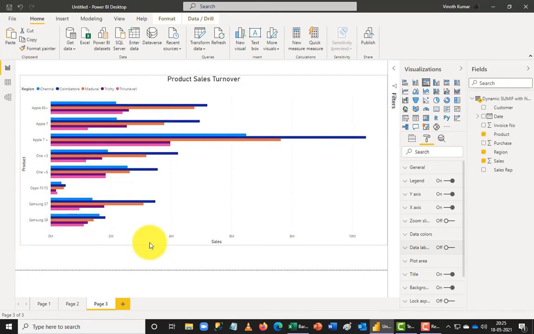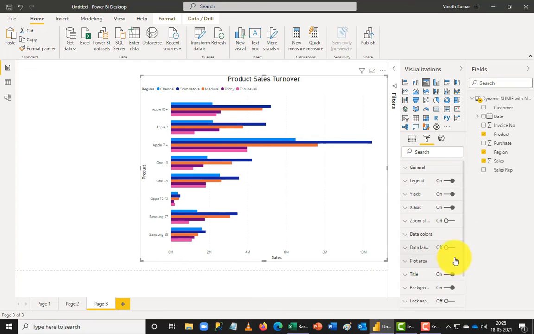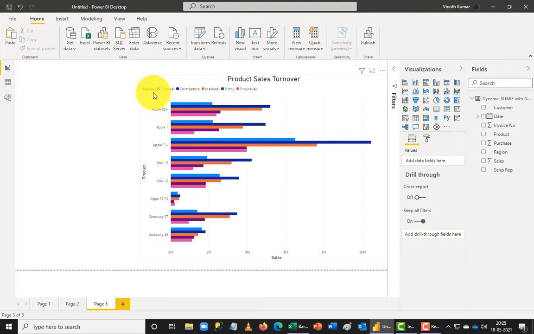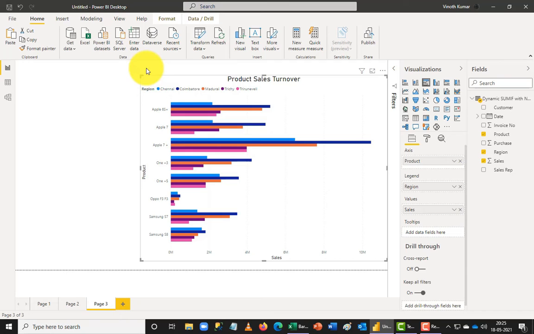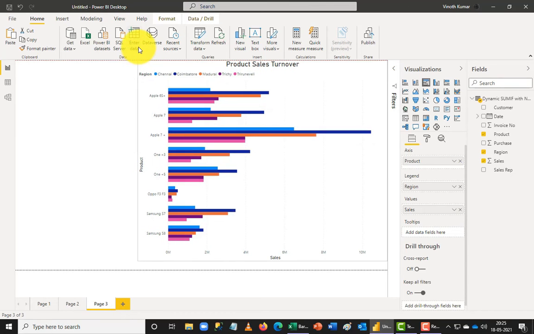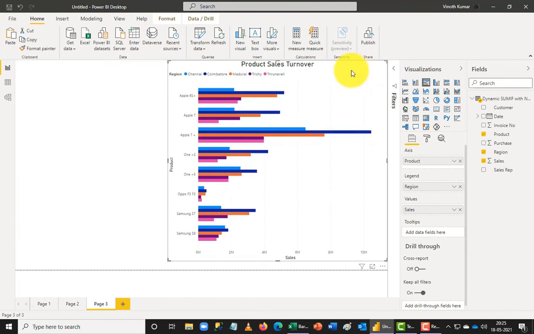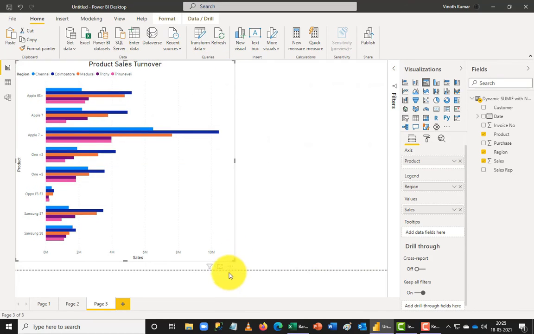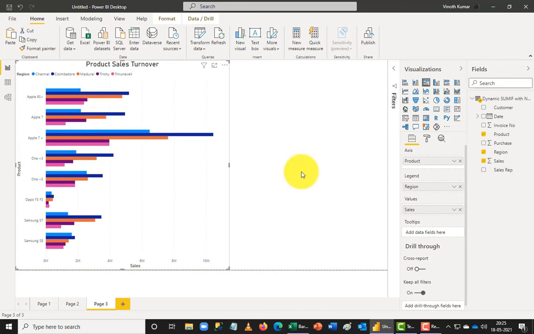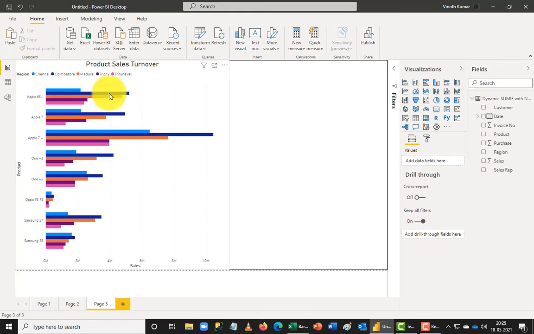But what I want is I want to see the data bar, whether I am able to add a data bar. So I'm going to just add a data label here, but it says that there is an error here, so it cannot show you the data bar. So you have to make the data even better to show the data. Again, you can see that this is added into a list, but it's not able to show the entire data bar because the data availability is more here. So what I'm going to do right now is make them look a little better, so that I can see the data bar work effectively.